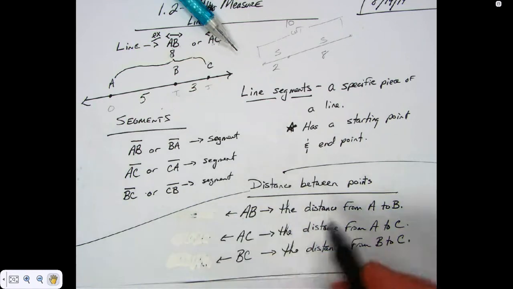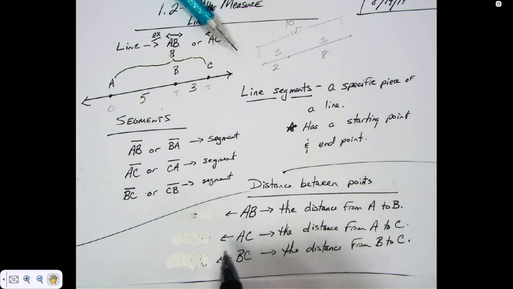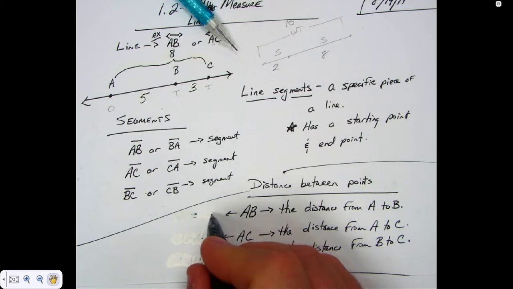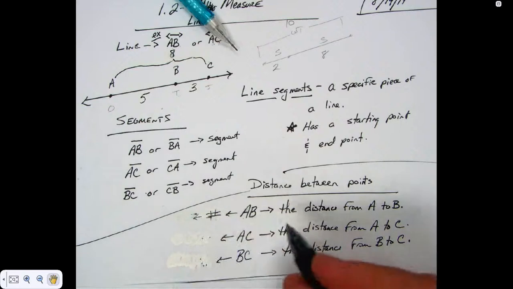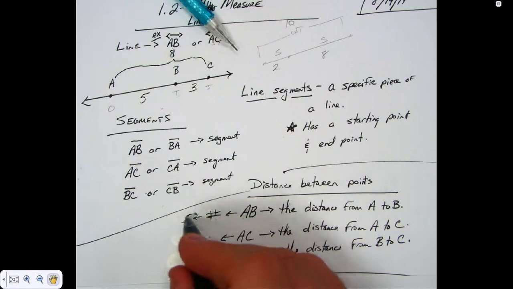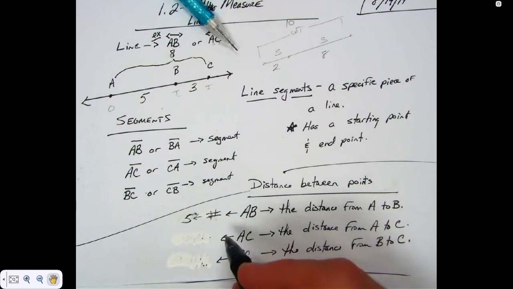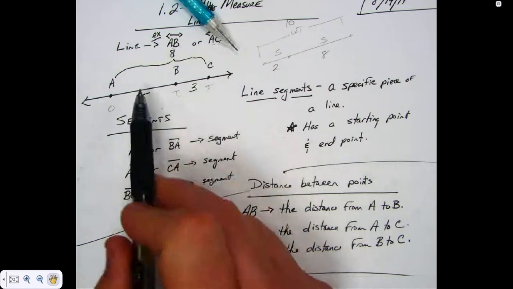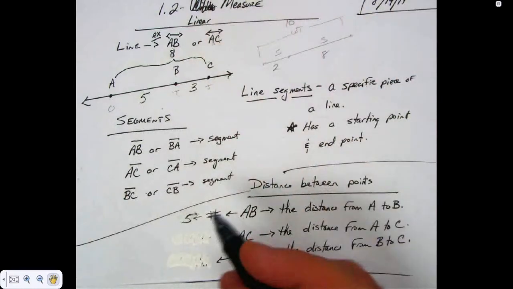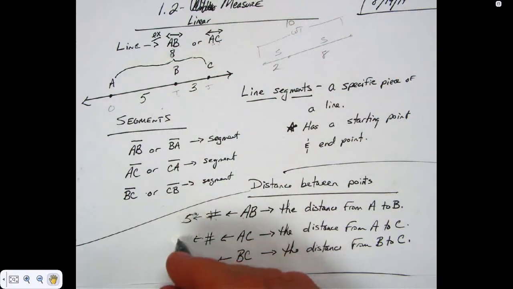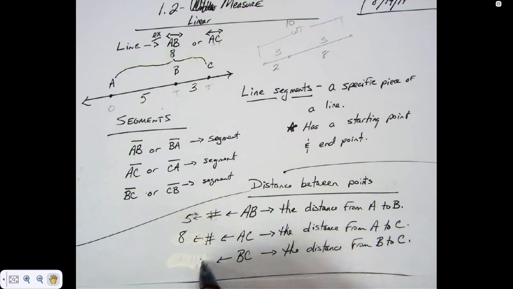Whereas here I'm talking about a second segment. What am I talking about here when I say the distance from A to B? What is that? That's a number, is it not? Would you agree? And what is the number in this case? That's what AB is. What's AC? That's the distance from A to C. What is AC in this picture up here? It's 8. That's a number, which is 8. BC, that represents a what? Number, which is what? What is the distance from B to C? 3.